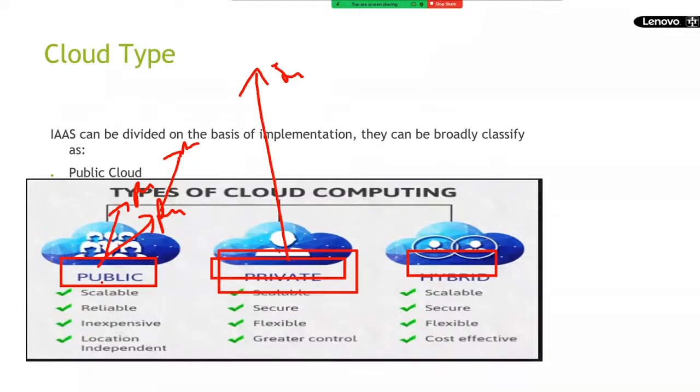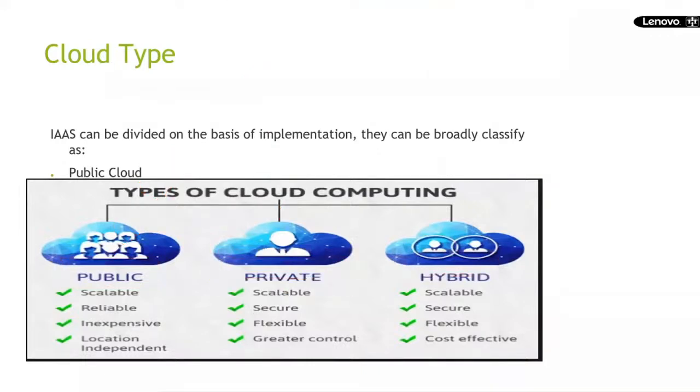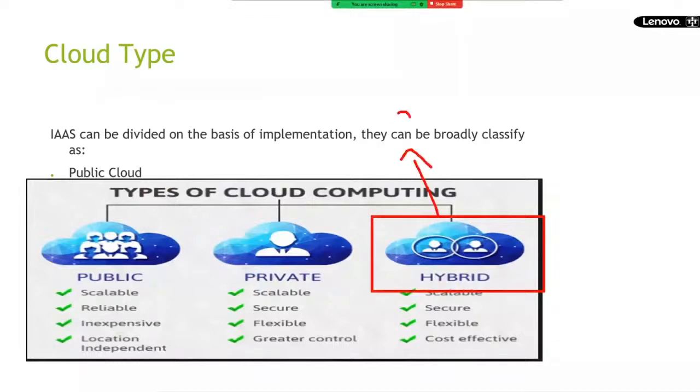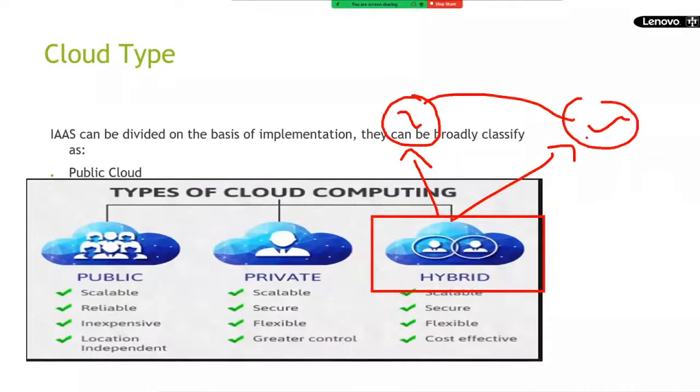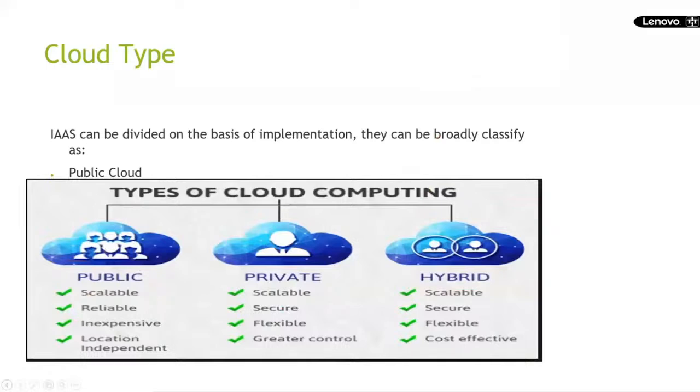Private cloud means services can be accessed only within the corporate network. Hybrid is quite a common keyword nowadays. Hybrid model: two days work from home, three days work from office. The combination of office plus home is called hybrid. In the same way, the combination of public plus private cloud is called hybrid cloud. I hope you understand. A few applications run in public and a few in private. If we establish communication between them, that is hybrid cloud.